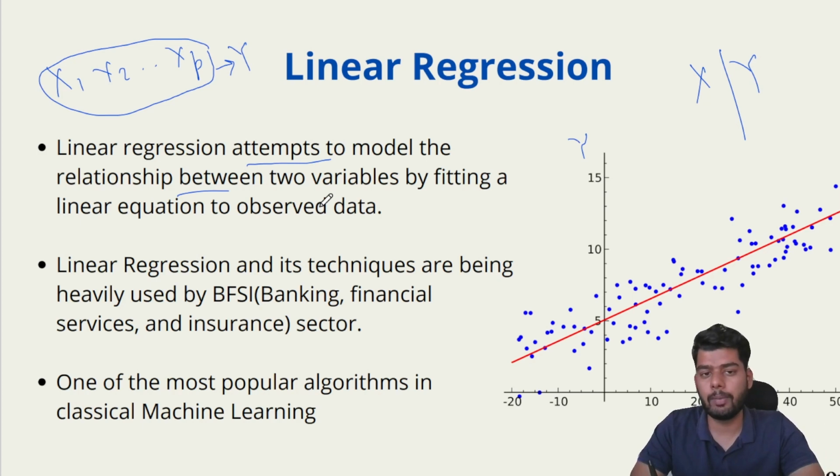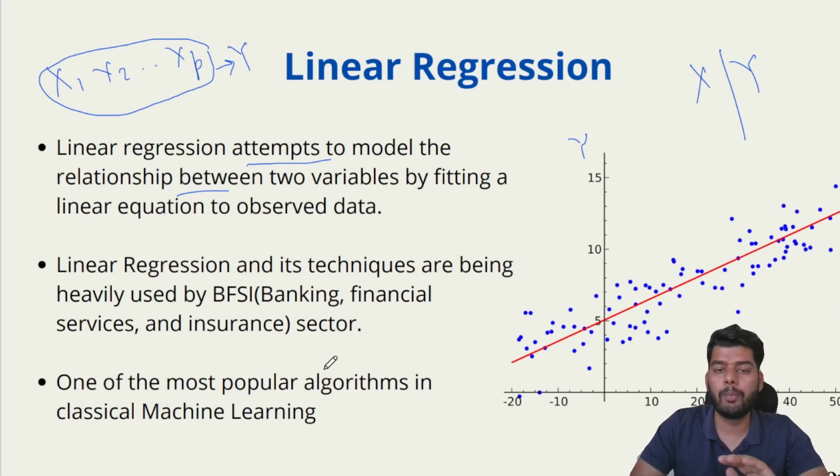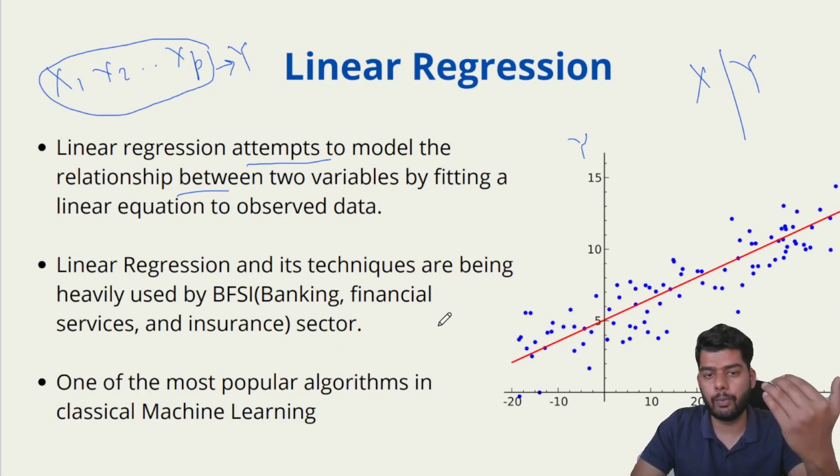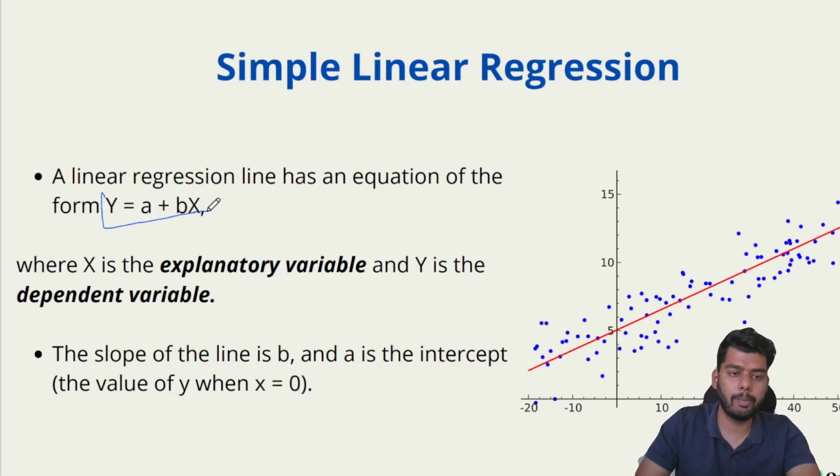So that is also one of the applications of linear regression, and it is one of the most popular classical ML algorithms that is still widely used in the industry. The form of linear regression is y is equal to a plus bx. This is called a linear equation because we know that when we plot this line in two variables,